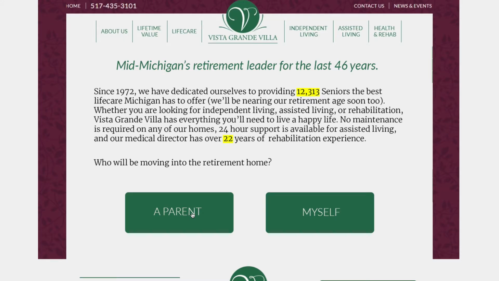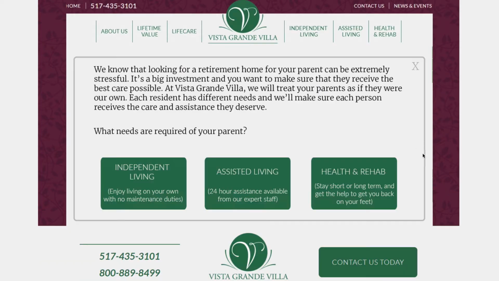So let's say that it's someone looking for their parent. They'll click over here, and now we've asked them. Now we've kind of pulled them into our funnel. Now the thing is, of course, if it looks visually like a form, people will kind of hate it. People obviously hate forms, and we don't want them to feel like they can't navigate the website. So we've given them a close button so they can get out of this whole experience. Again, this is known as a power tactic.